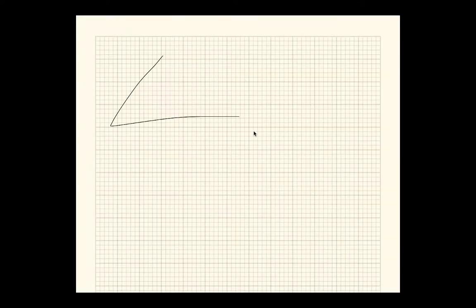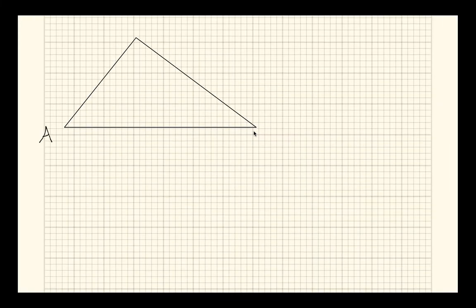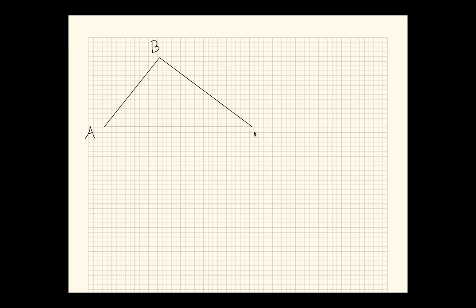Okay, it's similar to the law of sines in that we use it to help us solve triangles that are not right triangles. Okay, here we have a triangle ABC with side lengths little a, little b, and little c. Law of cosines says that if we take a squared, this is equal to b squared plus c squared minus 2bc times the cosine